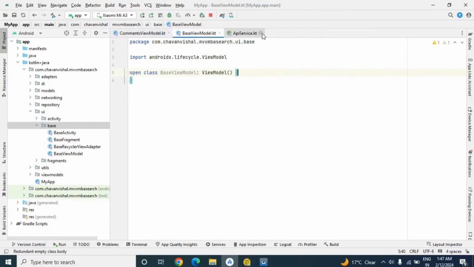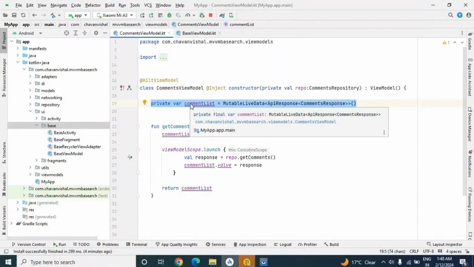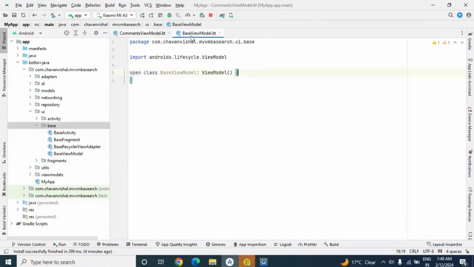Now let's close this. Okay, so here now we have this variable. We have declared this variable of mutable live data of API response of our model class. So for 10 methods we need to declare such 10 variables. So what we will do here, we will declare only one variable in our base view model. Let's give that variable the name, suppose, live data list.